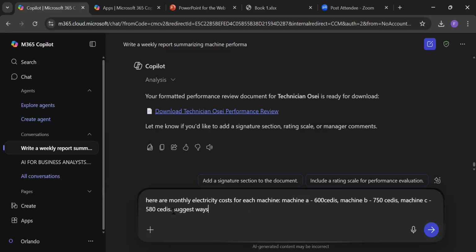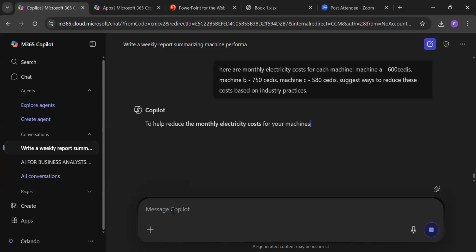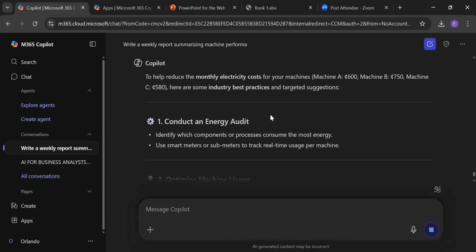Suggest ways to reduce these costs based on industry practices.